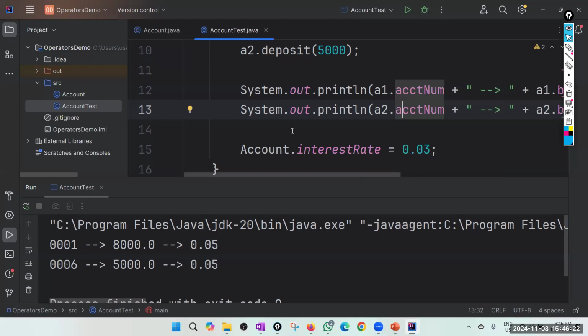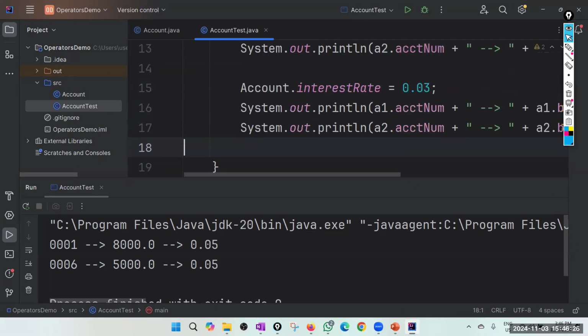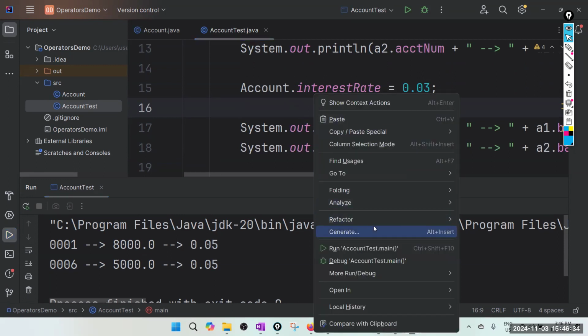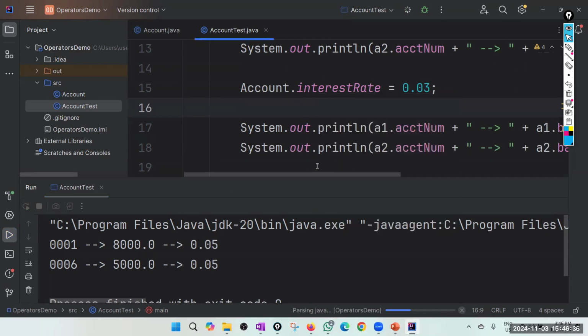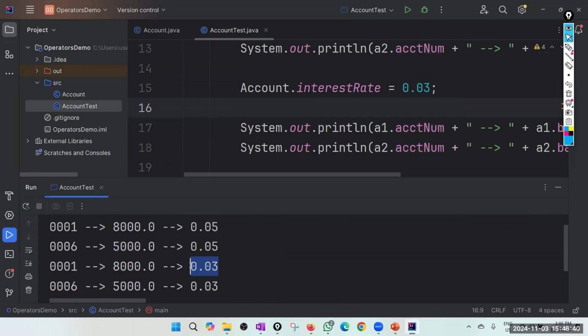Okay? So again, print it. After changing the interest rate, of course, the balances are not going to be affected, but the interest rate will be different for both accounts now, because the change is at class level. Interest rate is a class variable. So every object can see the same effect now.